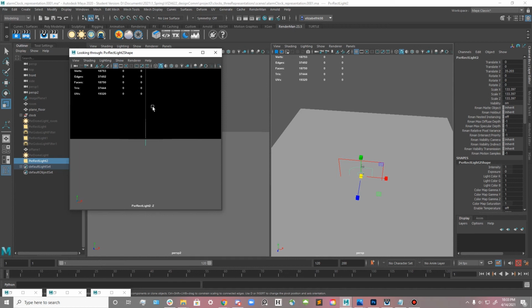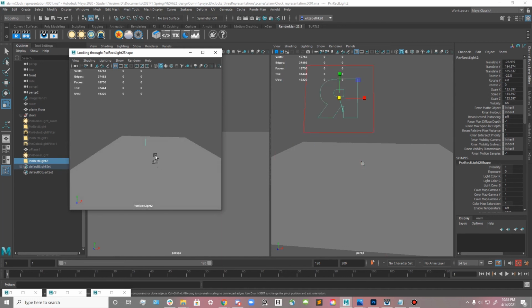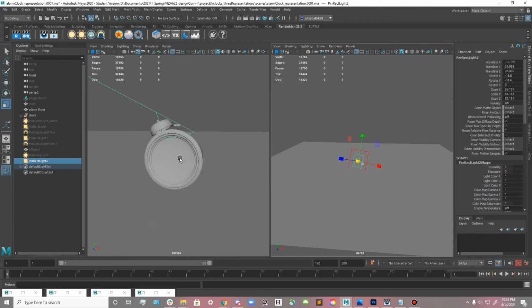So like everything above here is no floor, and this is like below the floor. And that's exactly where my little light is right now. So you can see it move whenever I move it. And then if I zoom out, you see? And so if you really want to figure out where your light is coming from and you're like, oh, well, I want it to be aimed maybe right at this angle of my clock, then I can just get it right there and then maybe scale it down a little bit